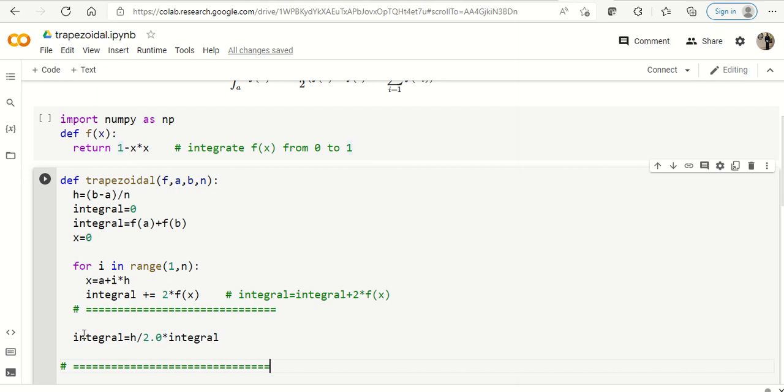So function definition separately in the upper cell, and we have the trapezoidal algorithm which requires function, the limits a, b, and the number of intervals have been specified. And let's add this function to the library,